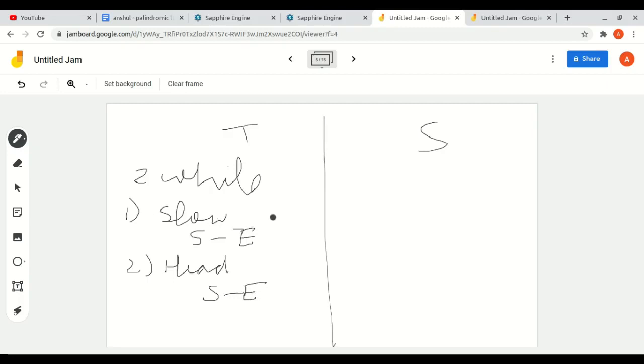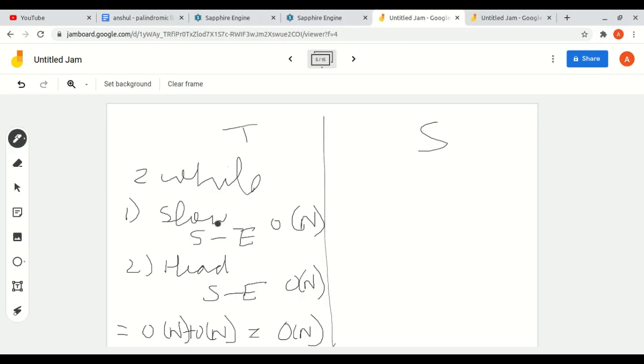So this while loop will take a complexity of big O of n, because there is only one traversal, and this also takes big O of n. So our total complexity will be big O of n plus big O of n, which is equal to big O of n, because big O of n plus big O of n is similar to big O of n.